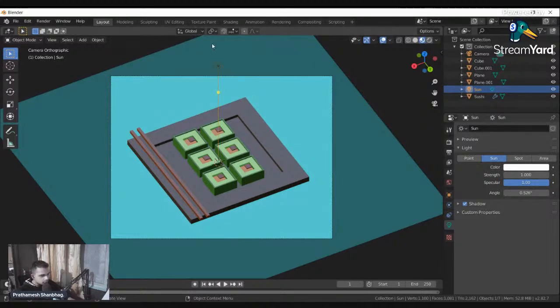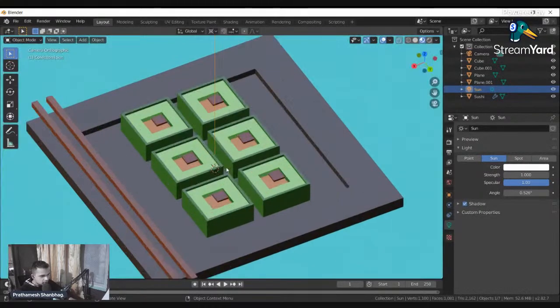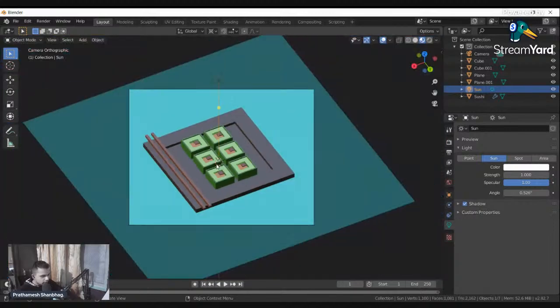see, we are going to move the light basically. But if you try to rotate it like this, it's going to rotate only the light like this and not how we want it. So what I'm going to do is change the pivot point from median point to 3D cursor. So what happens is this light is going to move only along this 3D cursor. So now when I press R and try to rotate, as you can see, the light is now rotating. Complete light is rotating and not just the rays.